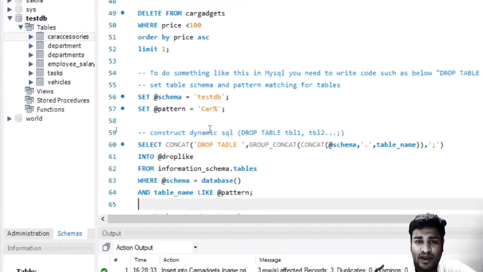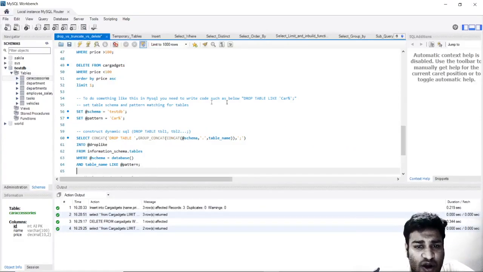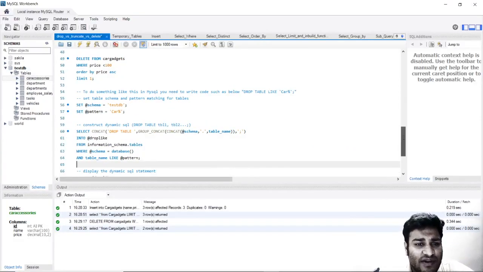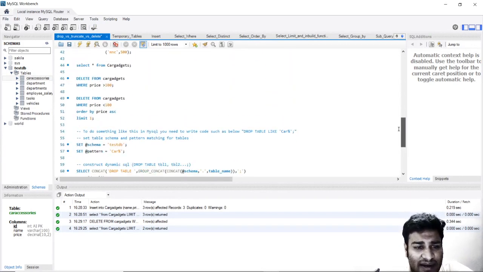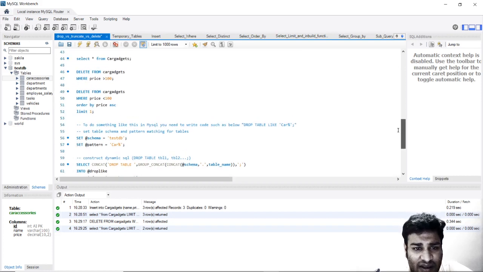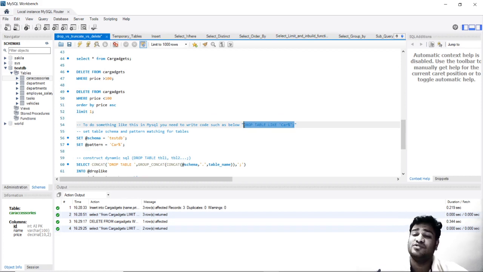I have been always talking about MySQL and Microsoft SQL. There is a command like this, the drop table like this. In the drop statement, you can use this statement in Microsoft SQL, I guess. You can go ahead and try it, but as per me, this is allowed in Microsoft SQL.